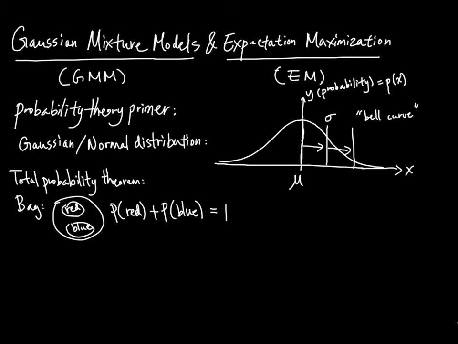Because what else is there in the bag? You know that you took out one ball, and that means that it's 100% chance either red or blue, right? So this is a very discrete case because we have two items in here. But in the case of discrete or countable, in the case of Gaussian or normal distribution, we see that this is actually every number on the number line, right? So for the Gaussian,